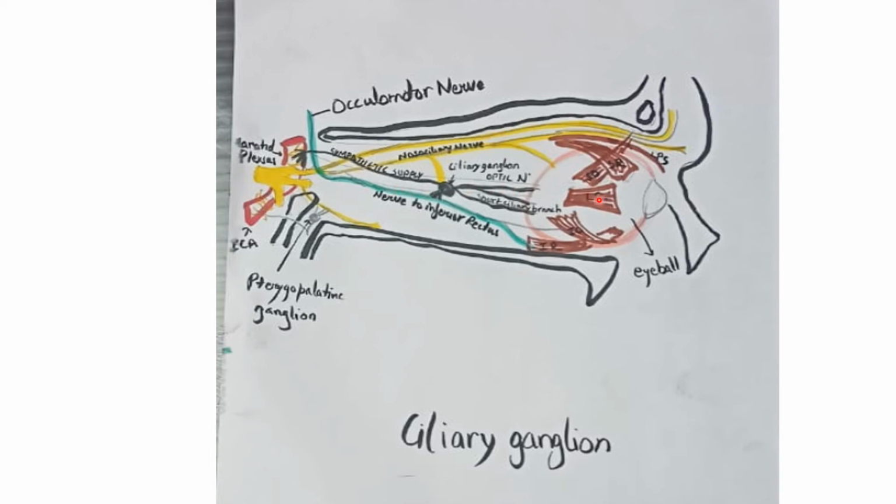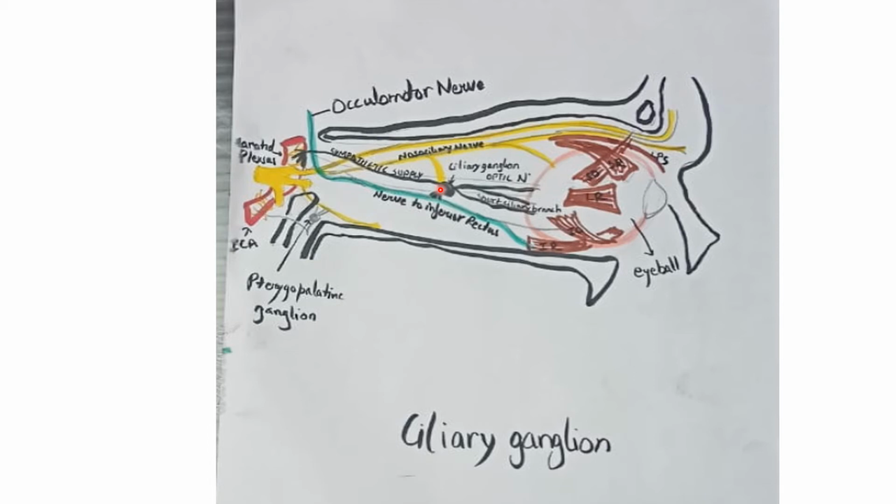The ciliary ganglion is a very small, pinhead-size ganglion, which is present between the optic nerve and the lateral rectus muscle. Understood? Now, structurally it is related to the nasociliary nerve, a branch arising from the nasociliary. The nasociliary is a branch of ophthalmic, and ophthalmic is a branch of trigeminal, right? So, it is structurally related with the fifth cranial nerve.